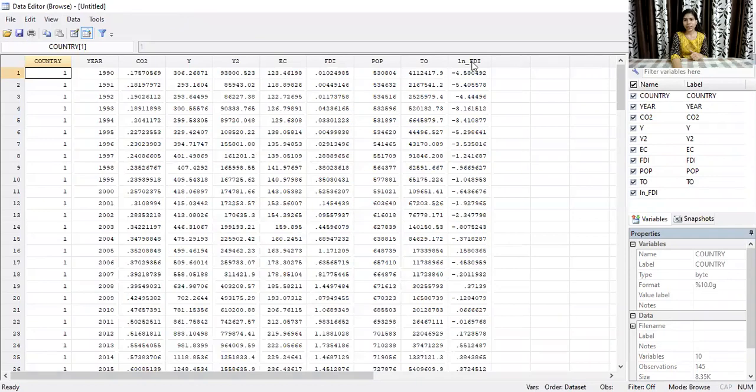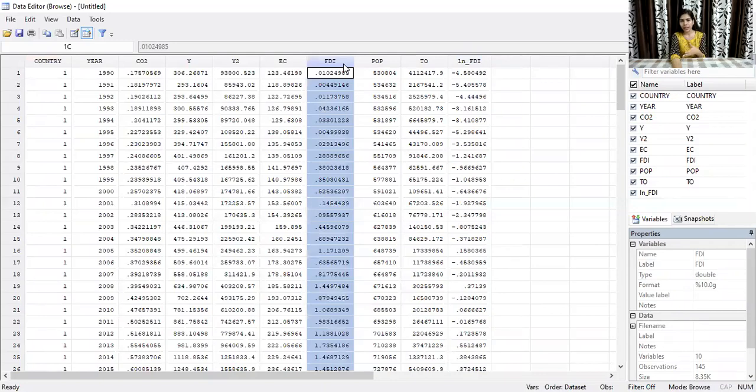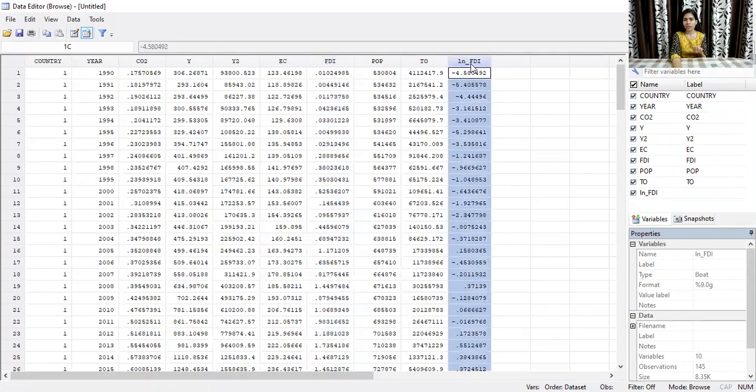Now, as you can see, a new column has been added in the data set, which is ln underscore FTI. So this was the variable which we generated by using the command. So this basically is the log of this variable, which is FDI. So this is one of the independent variables which has been converted into log format.